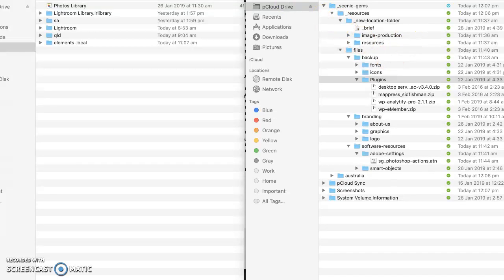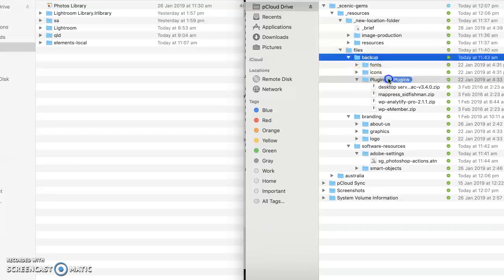So from pCloud Drive, let's say that you wanted to work on a whole bunch of files. Say you were working on them in Lightroom. Lightroom will not allow you to work from a virtual drive. It has to be on a local drive. So you might want to grab some photos. That's just one example. But for whatever reason, when you drag files over from pCloud Drive to your local machine, you simply just, as you would in normal Explorer, if I can grab it, there you go,